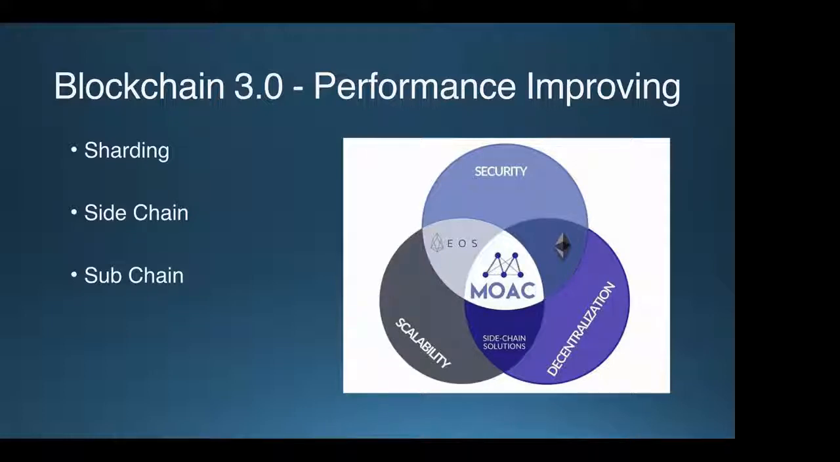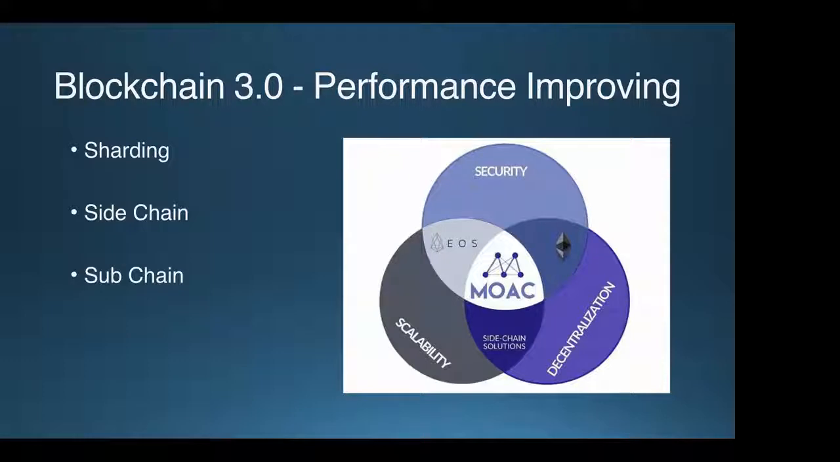So the third solution is a subchain solution. So what is the difference between a sidechain and a subchain? Sidechain is not a blockchain. It is just some services that's running on a network that's parallel with the main chain. But subchain or child chain is an actual blockchain. The way it works is that